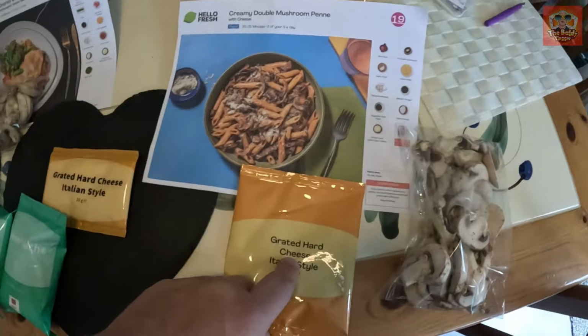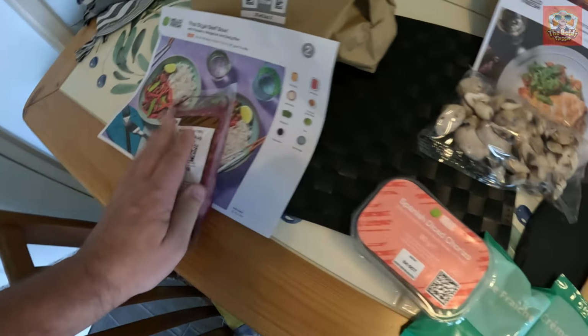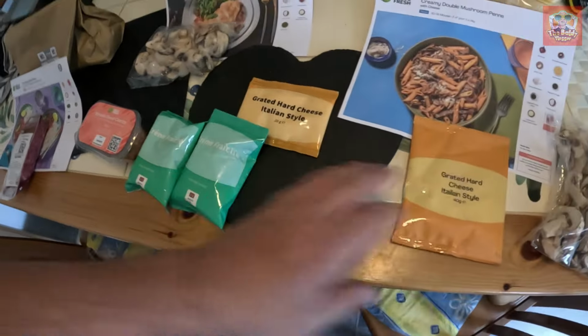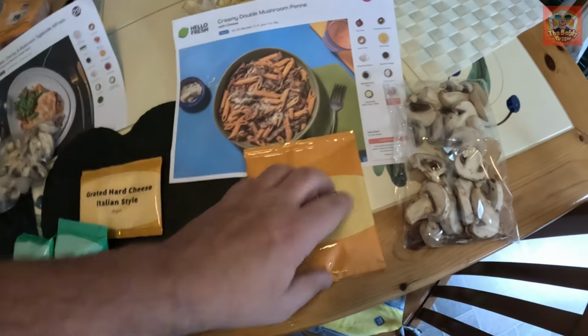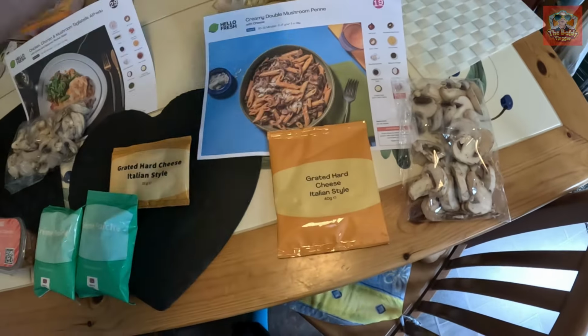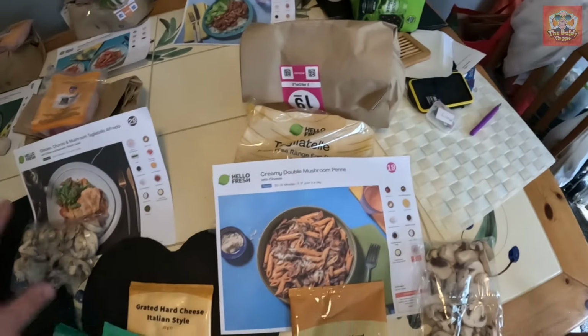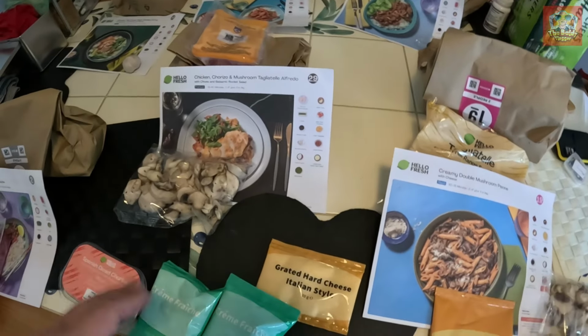It's different styles of cheese, and they weren't all minced beef. Some were pork mince, and some were beef mince. So that's that. The rest of the ingredients, you see 1, 2, 3, 4, 5, 6, 7, 8, 9, 10 there, and there's only 1, 2, 3. So the rest will be in the bag, and I'll undo that bag in a minute. I'm just getting all this prepared. I need to put the stuff in the fridge now, so I'll get back to you in a bit. It looks like I'm ready to prepare my first meal, which is going to be the creamy